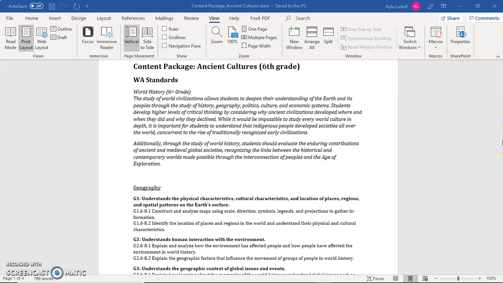Hello, today we're going to be looking at ways to make Word documents more accessible for students to read on their computers. As you can see, I've pulled up a random Word document. This one is about the Washington Standards for 6th grade. And if I wanted my students to be able to read this easier, I would have them go to View,